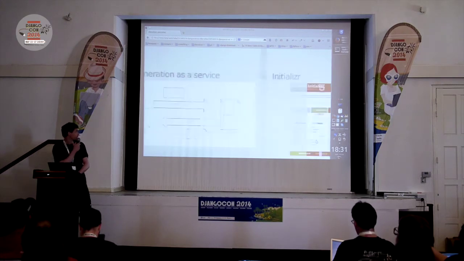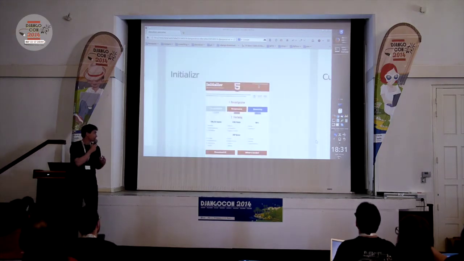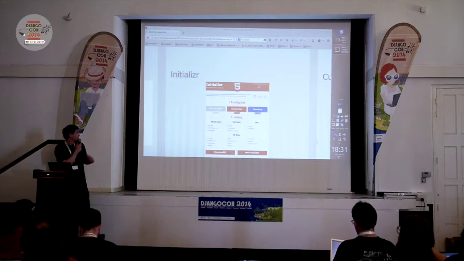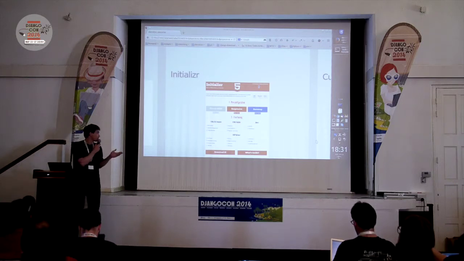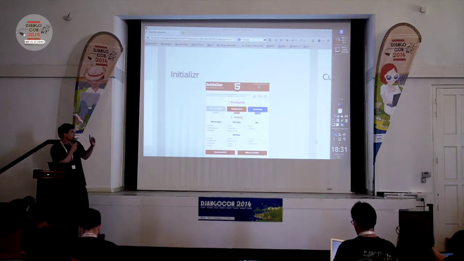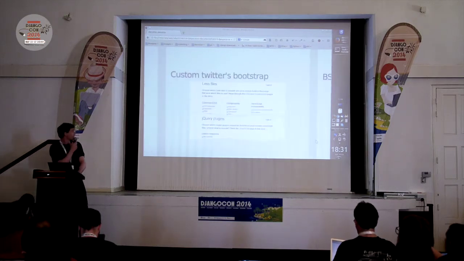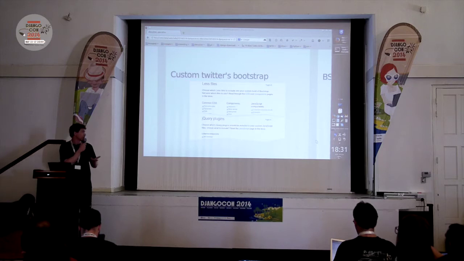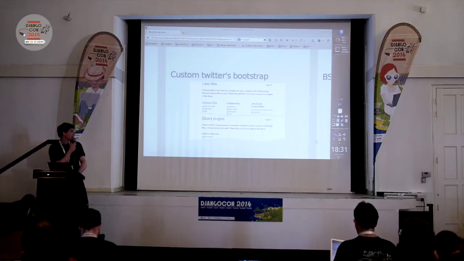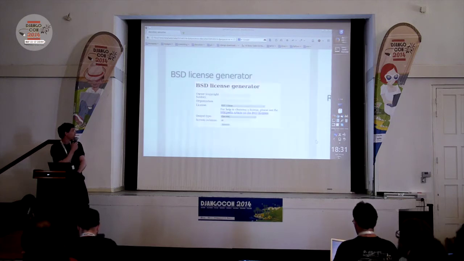The answer is yes. It already exists in some way. As an example, there is a page in which you check some boxes and you generate files. Twitter Bootstrap is a kind of file generation tool. You know it, yes. And use cases are already